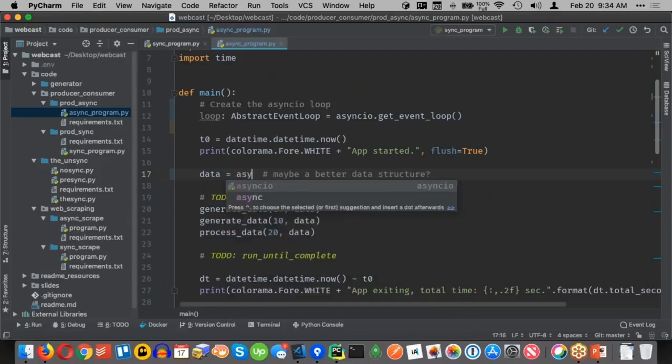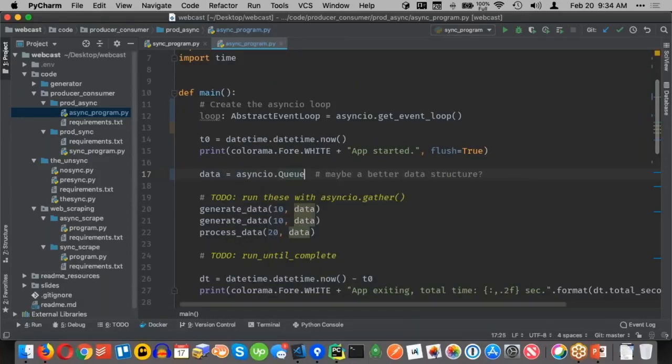So this is going to be an async IO queue, like that. Now it turns out that that is a nicer thing because it allows us to, like we did with the yield keyword, break up the work around it. Like I'm going to put something into it or wait until it has something. And the thing that's cool that a list doesn't have is I can wait until it will have something. Like it doesn't now, but I'm just going to put my method to sleep until something appears,